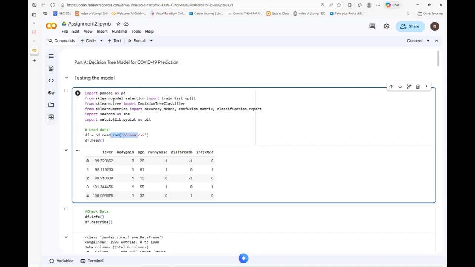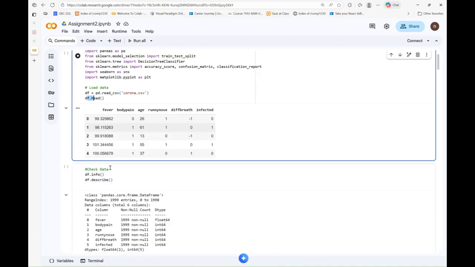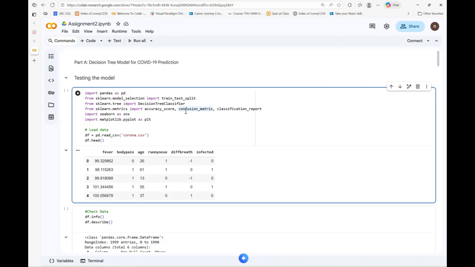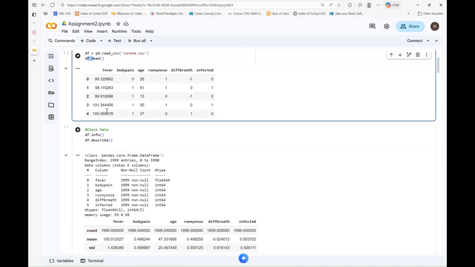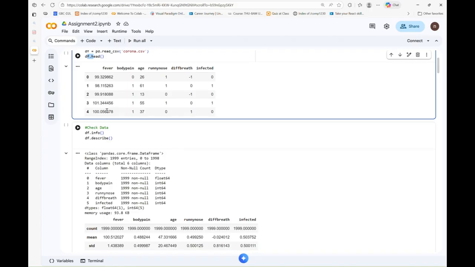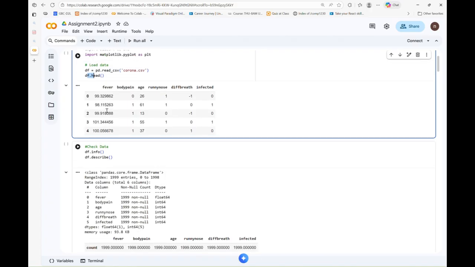To get started, I imported key libraries: pandas for data handling, train_test_split to divide the data, DecisionTreeClassifier for our model, and accuracy_score to evaluate how well it performs. Then I loaded the dataset using read_csv and previewed it with df.head just to make sure everything looked right. This helps confirm that the file loaded correctly and allows us to inspect the features and labels before processing and